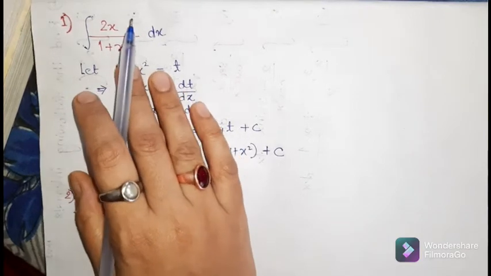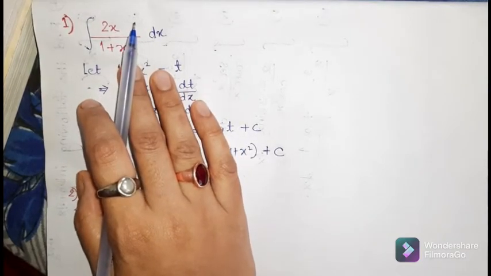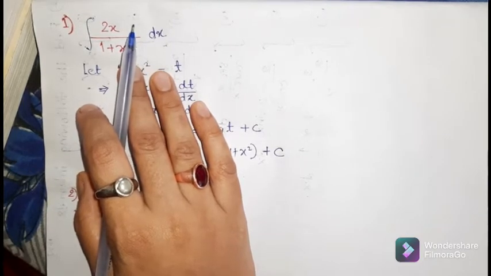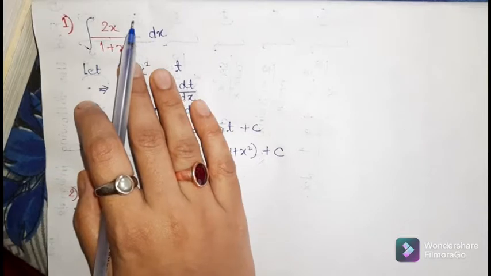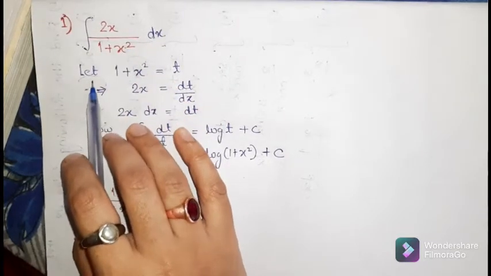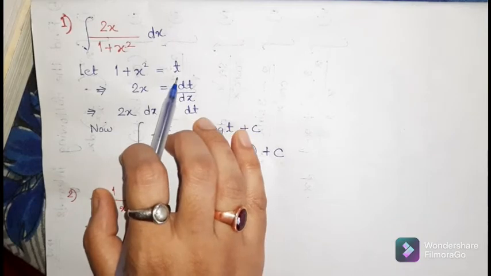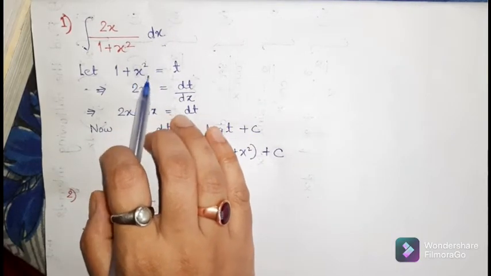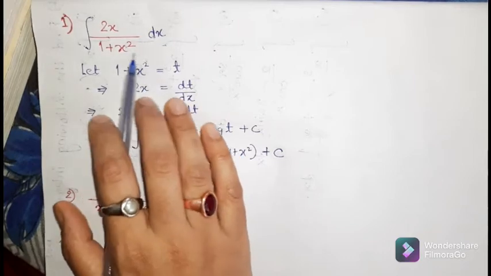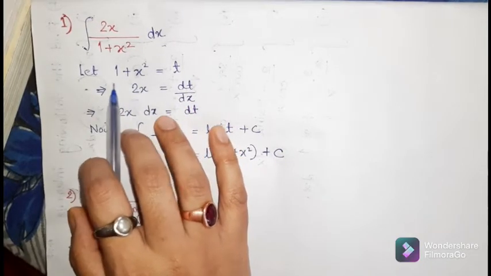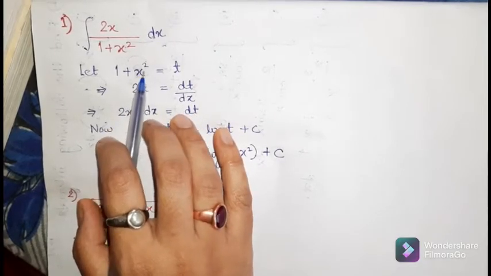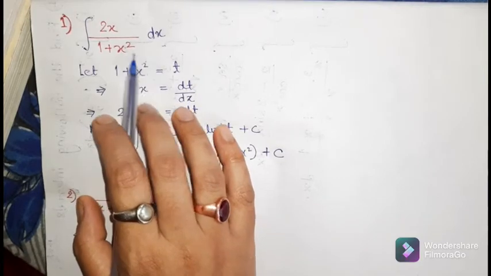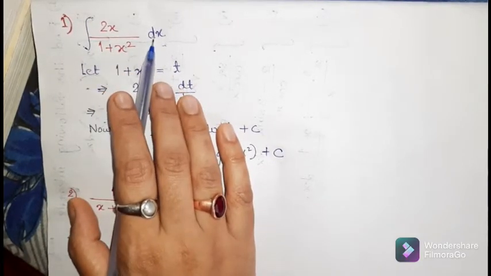Now the thing that I have told you is that you have to check whether you can put the function in such a way that you can find its derivative in the given question. So now see, I have put 1 plus x square equals to t. In my mind I calculate that the differentiation of this function is 2x. Differentiation of 1 is 0 and differentiation of x square is twice x. Therefore, if I get twice x by differentiating it, it means I get the value of 2x dx.